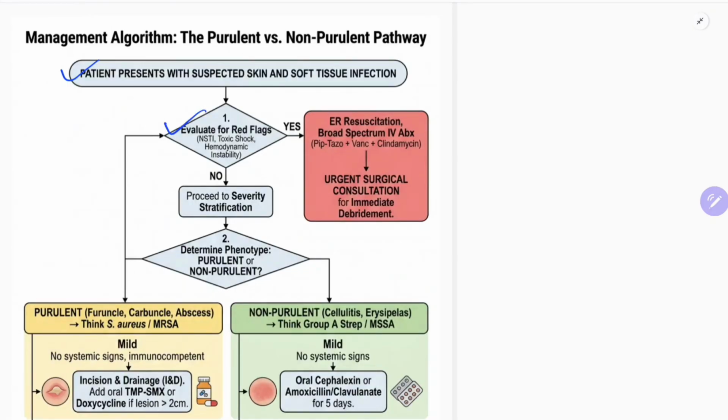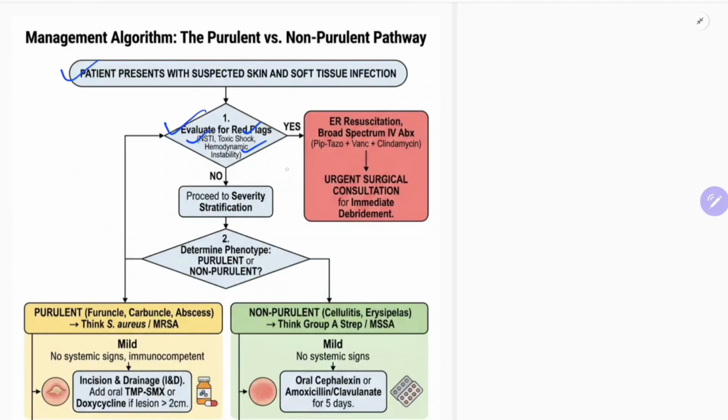Evaluate for red flags like necrotizing soft tissue infection if you have clues for that, or toxic shock syndrome if the patient presents with hypotension, fever, organ dysfunction. If the patient is not stable and hemodynamic instability is there, then that is a red flag, and immediately you should start IV